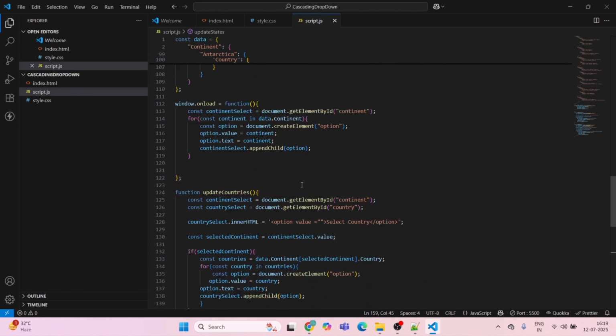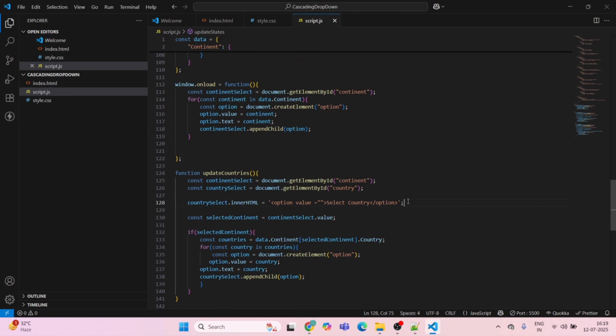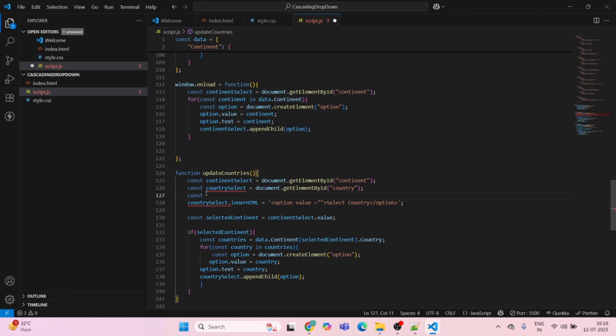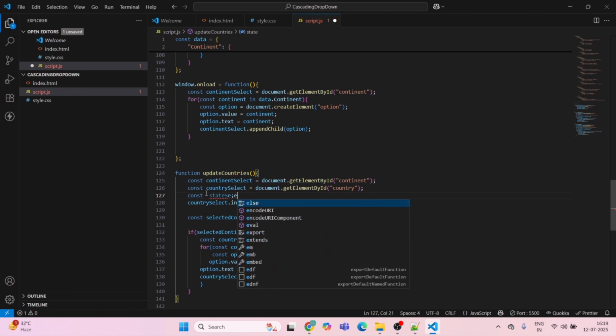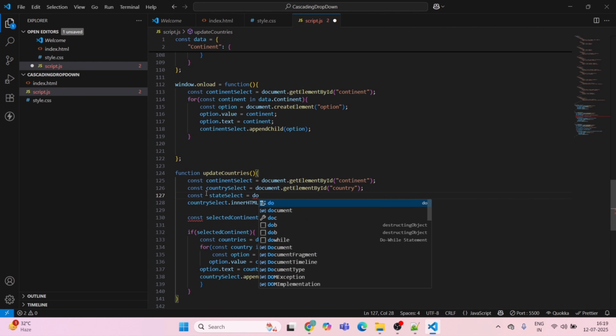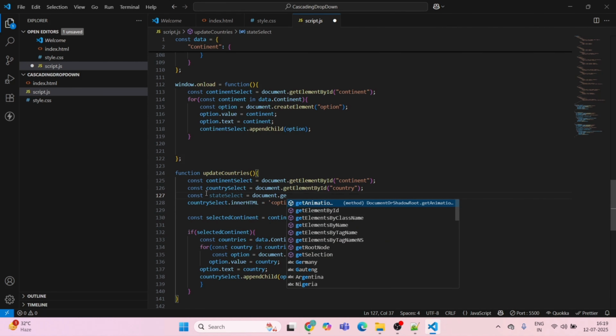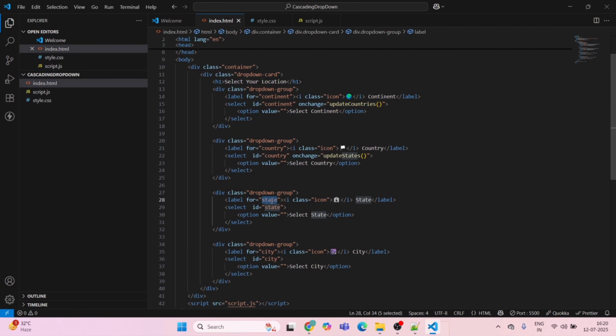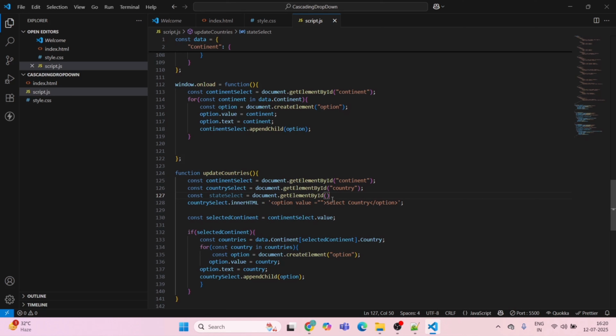So what I'll do in here only, right? We are doing it here only. So const will have the state select is equal to document.getElementById. We have the state already, right? So get this state and just add it here,